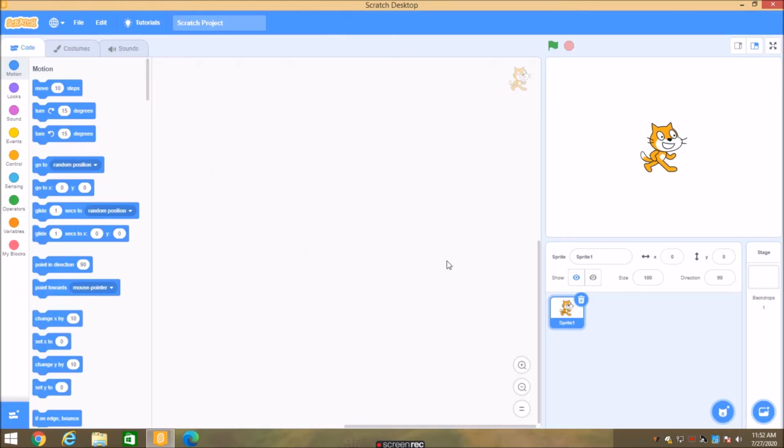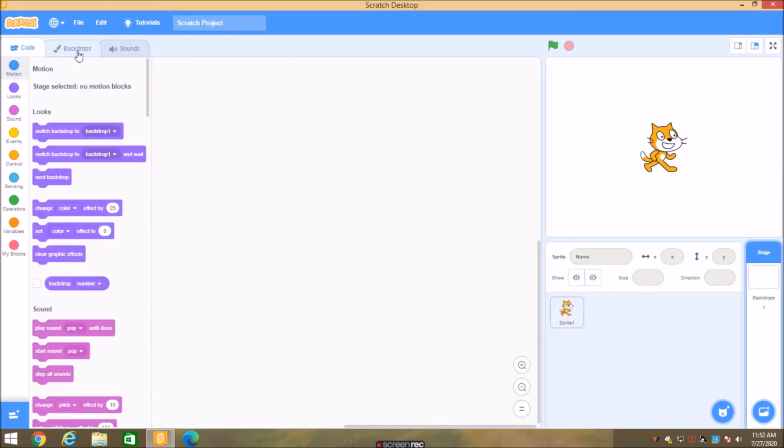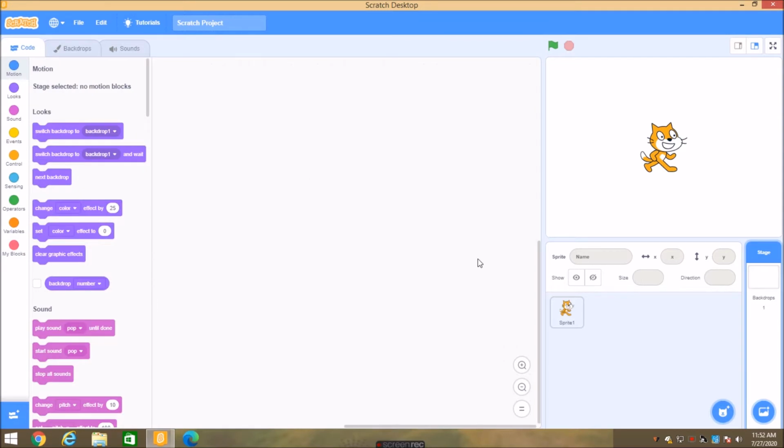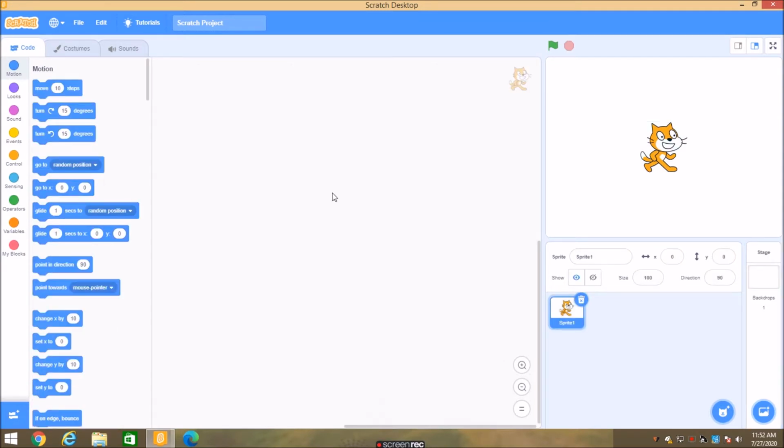Okay, our Scratch editor is here. If you have seen this for the first time, this is the place where all your sprites come. Sprites are the main characters which perform the tasks in the game, and this is the backdrops option, where you can add different backdrops, and this is the editor area where we do coding, and